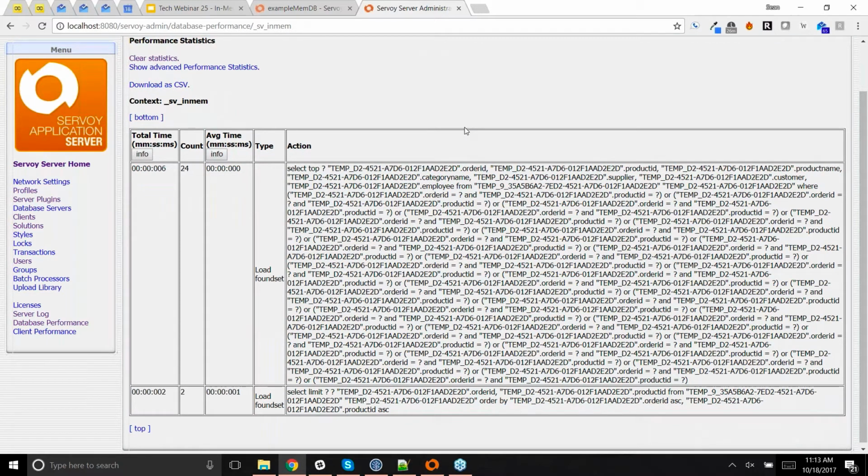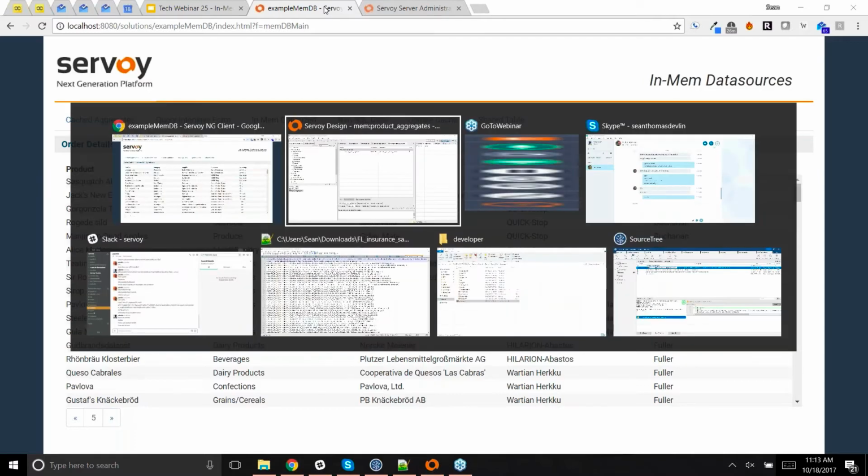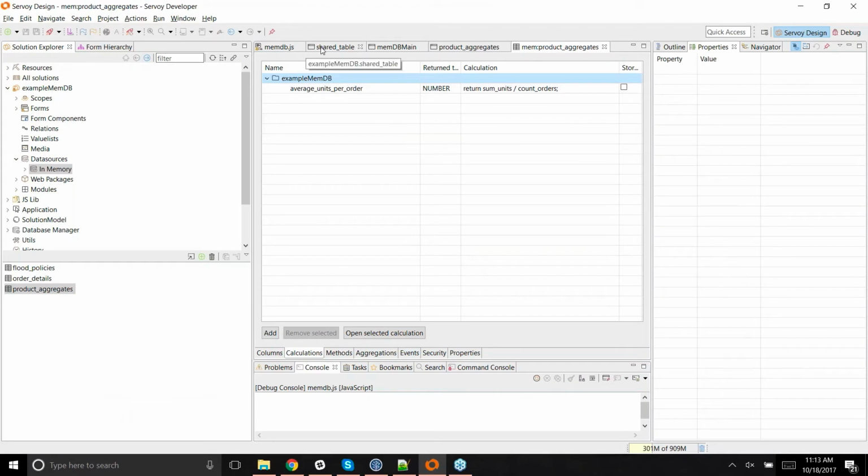It's loading them in chunks, and it's not doing all of the additional queries that go in for the relations. So again, the use case here is to take a query-intensive form and optimize it with a SQL query. If we quickly take a look at this,